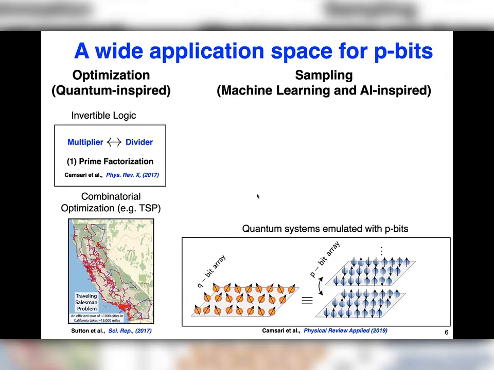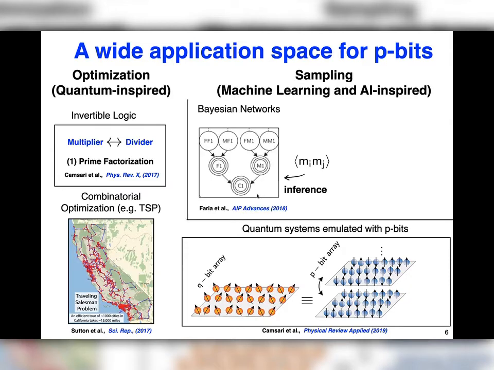And intriguingly, quantum systems and probabilistic systems are closely related. In fact, a good number of quantum systems, such as the one that D-Wave is pushing, for example, can be emulated by p-bits. And this is a rather intriguing idea that's been known to condensed matter physicists and Monte Carlo simulation experts. But here, what we've explored and revealed was that you can use these arrays of p-bits and really solve some of these quantum problems like D-Wave is proposing to solve.